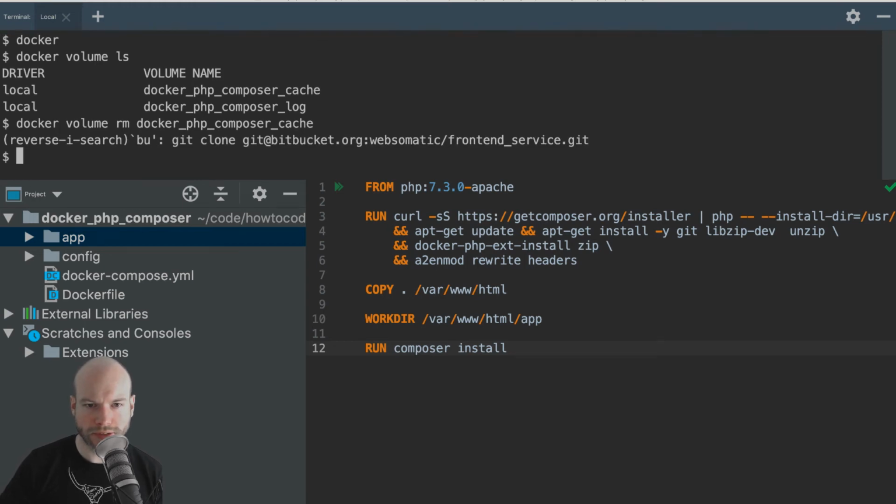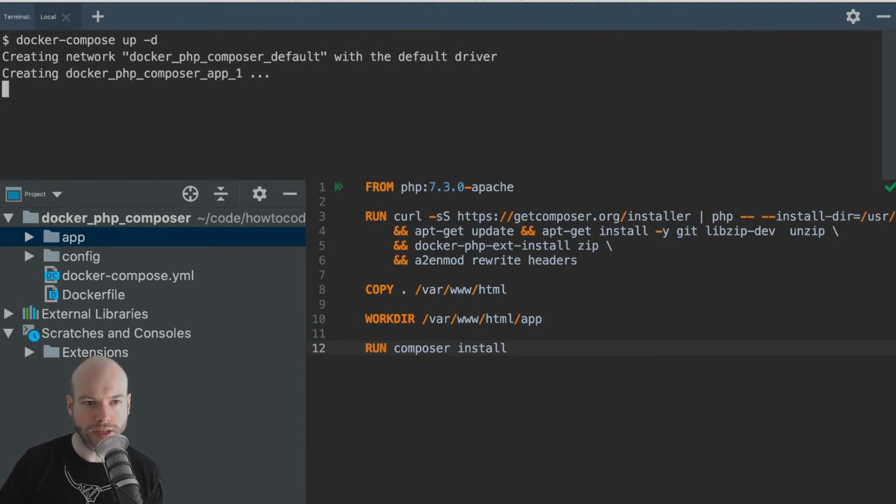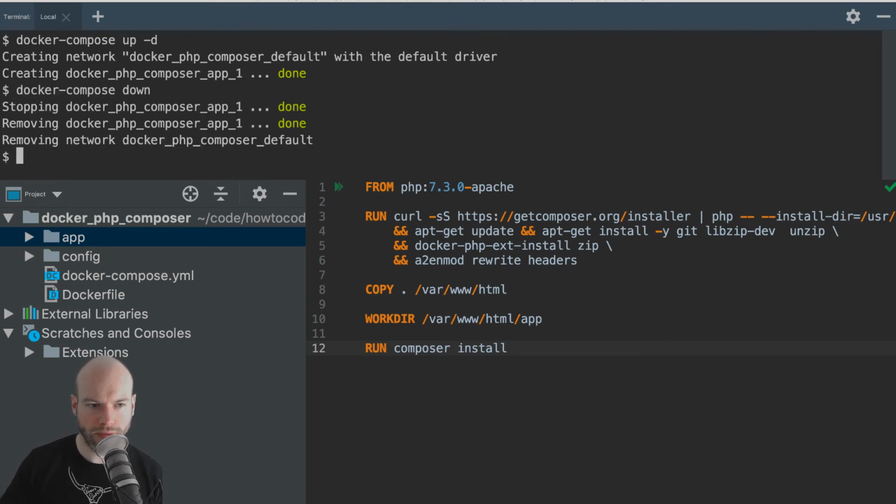That's not right. That's a completely different project that I was working on. That's part of the front-end service of one of the courses that I was building. Anyway, whatever. So docker compose build. So we're going to build it. In fact, I'm just going to do up -d, I believe. Whoops, no, I didn't want to do that. I did need to do a build. Sorry, a build.